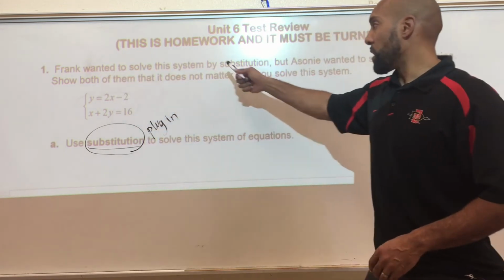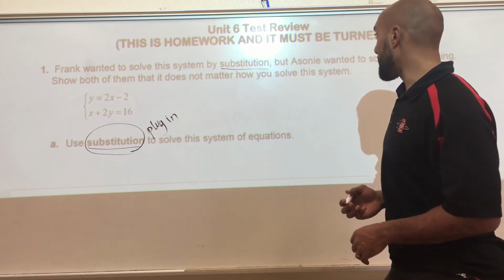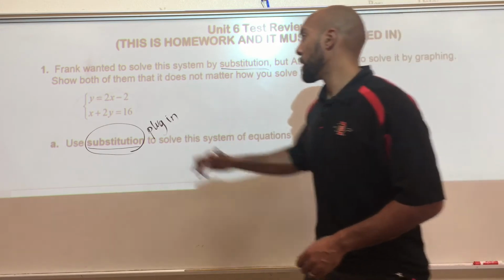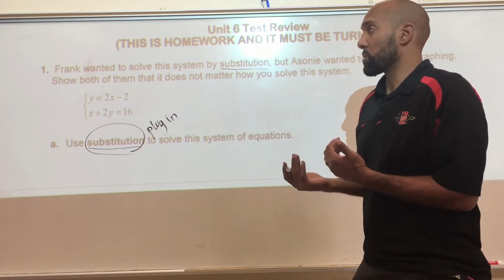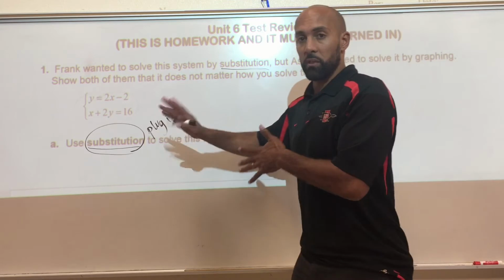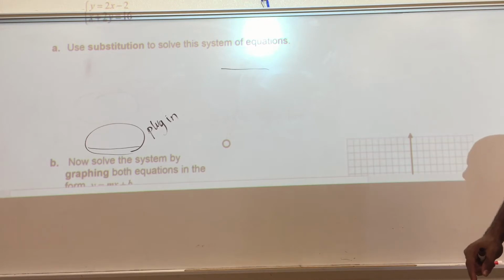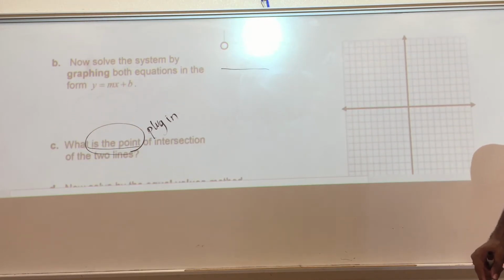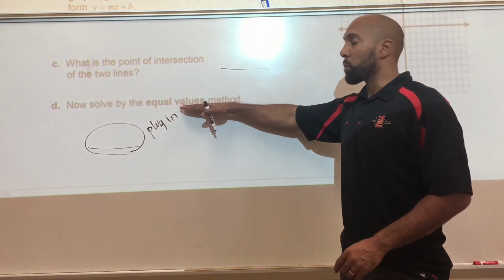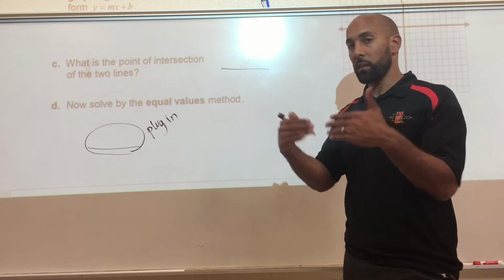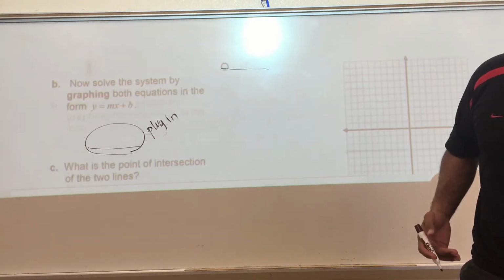So Frank wanted to solve this system by substitution. Again, there's the key word. But Asani wanted to solve it by graphing. Show both of them that it does not matter how you solve the system. So basically what they're saying is that we're going to solve this 3 different ways. If you scroll down your paper, there's part A, you're going to use substitution. Part B, we're going to graph the 2 equations. And then part D, we're going to use the equal values method. We're going to put the 2 equations together and solve it. And remember, we're using the same equations, so we should get the same answer each time. So let's go back to